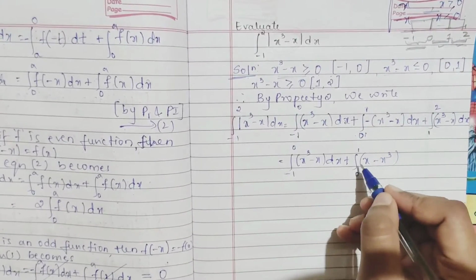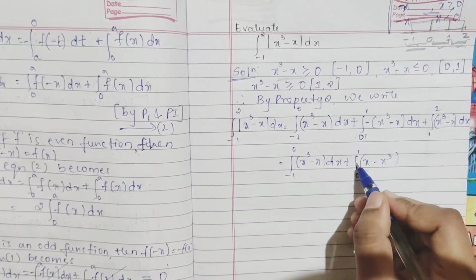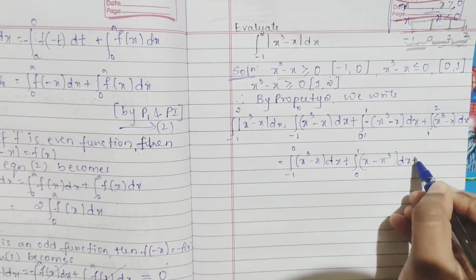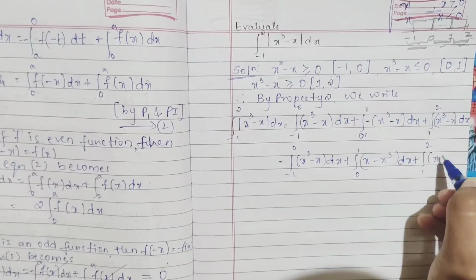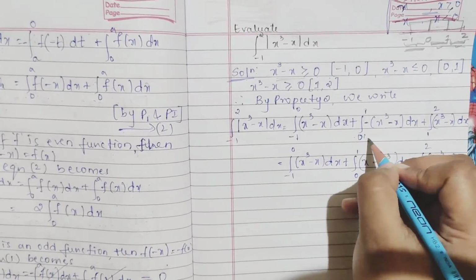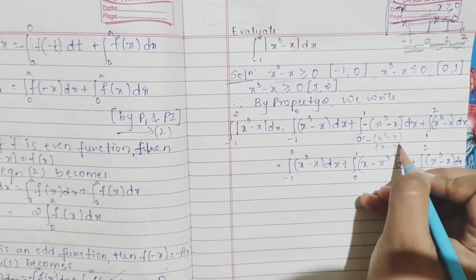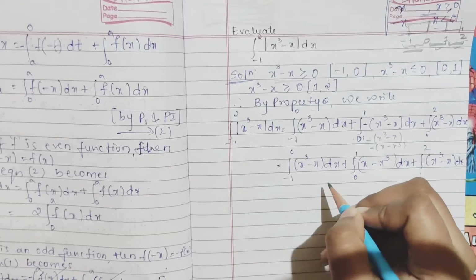So, this is minus. If I take the minus sign common here, it becomes plus. Just that change we will do. Okay, x cube minus x dx. See here, it is already minus of x cube minus x. Now I will make it x minus x cube. For that I have to take minus common, right?